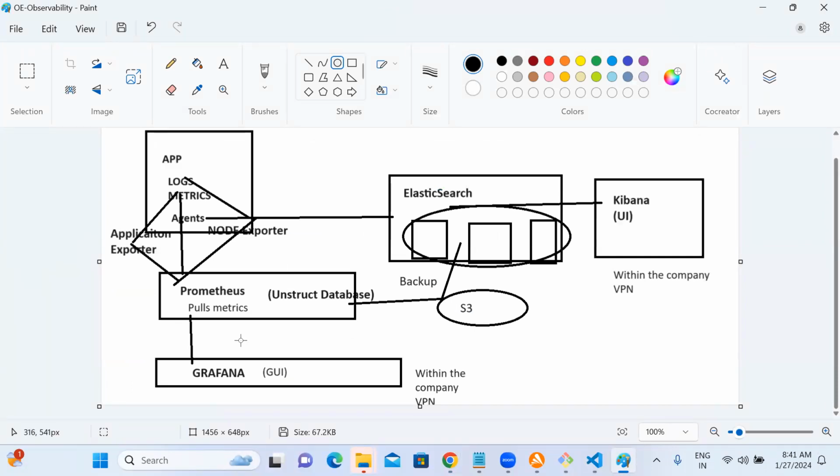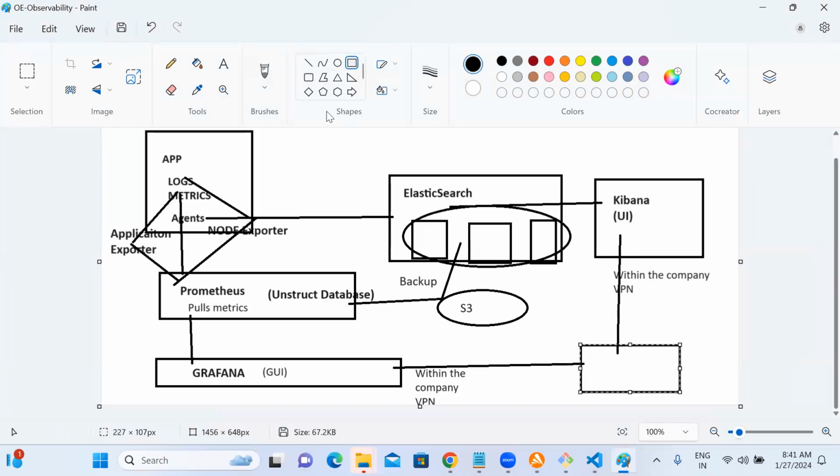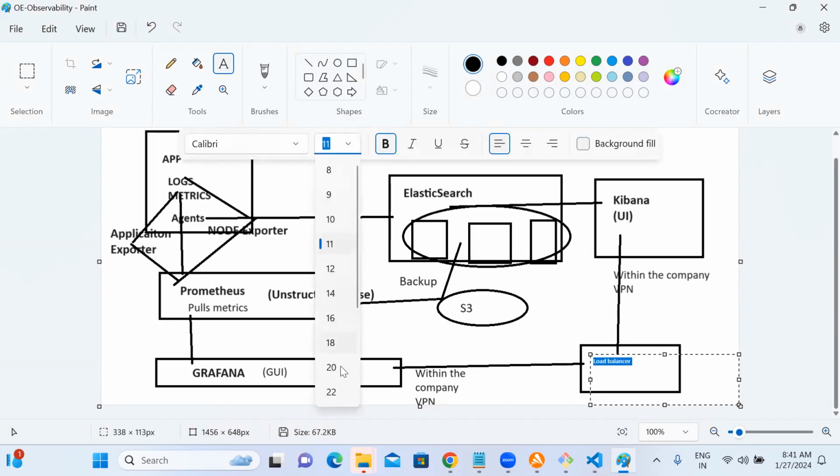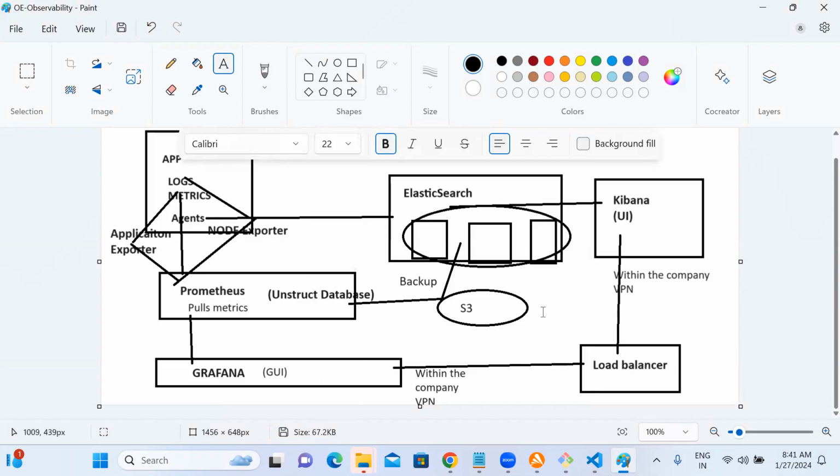But you see in this architecture, who is connecting to Prometheus here? As an admin, I'll go to these things only. We'll have one load balancer here. Now, who is connecting to Prometheus?